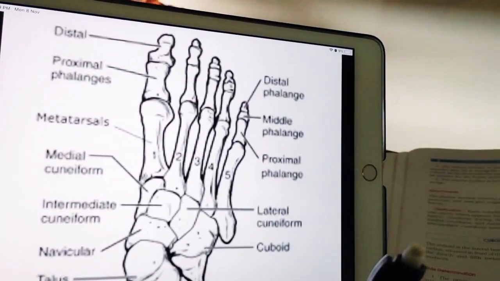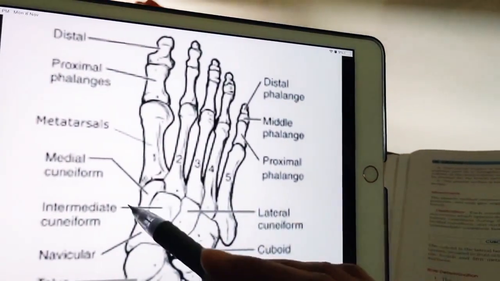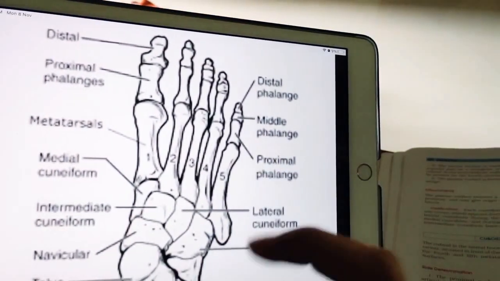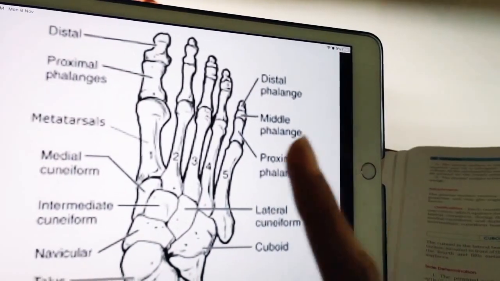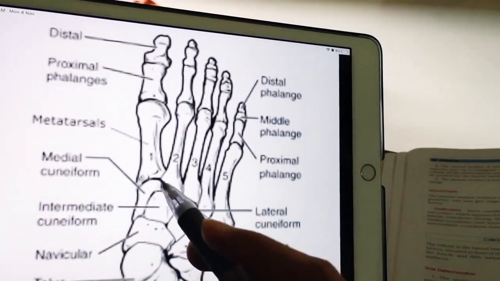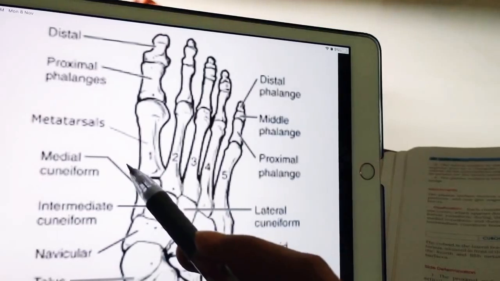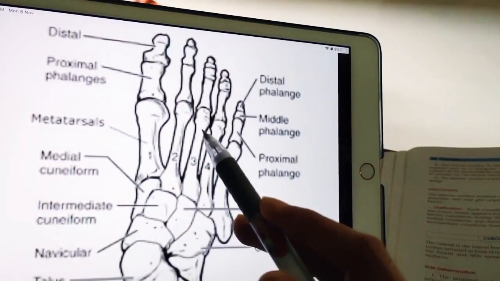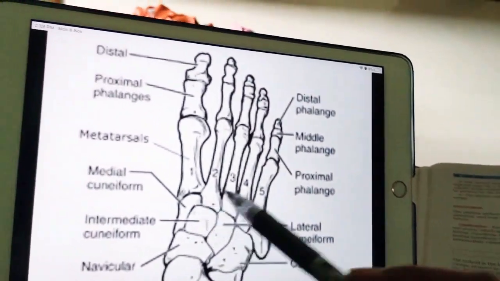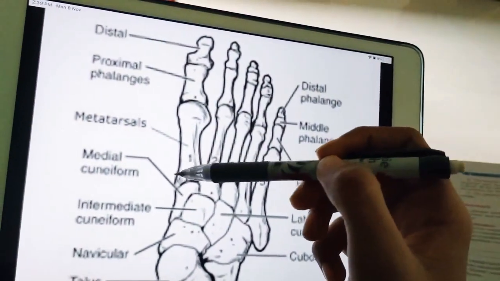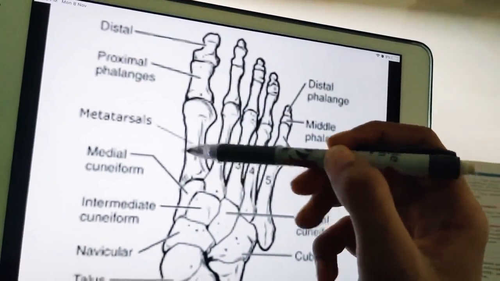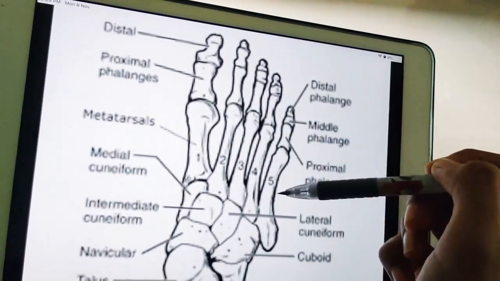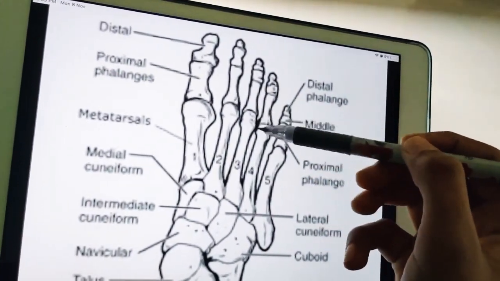So let us see about ossification. Each metatarsal bone ossifies from one primary center and one secondary center. One primary center appears in the shaft during the 10th week of fetal life in the first metatarsal, and during the 9th week of fetal life in the rest of the metatarsals. And one more thing, in the metatarsals, the secondary ossification center first appears in the base for the first metatarsal, but from the 2nd to 5th metatarsal, the ossification center appears at the head.